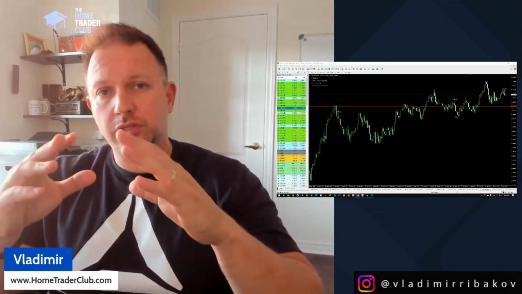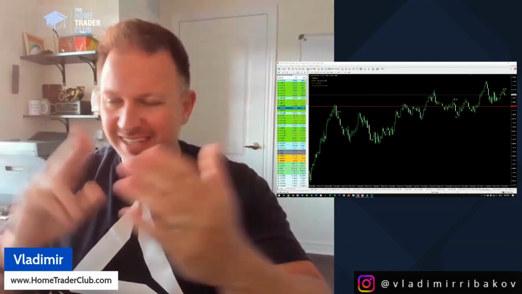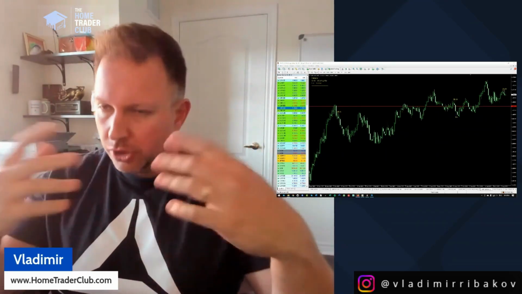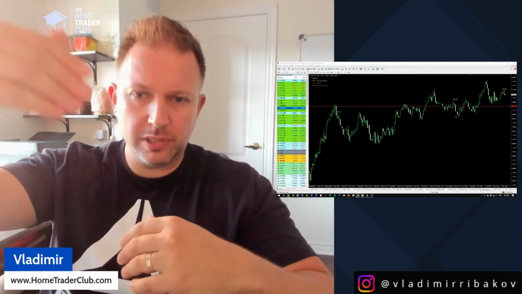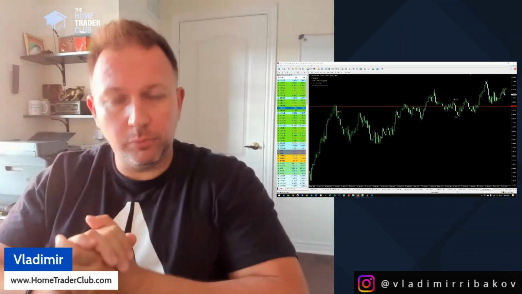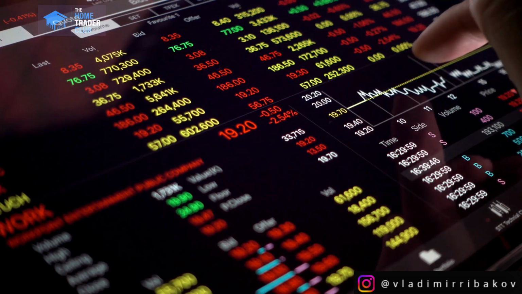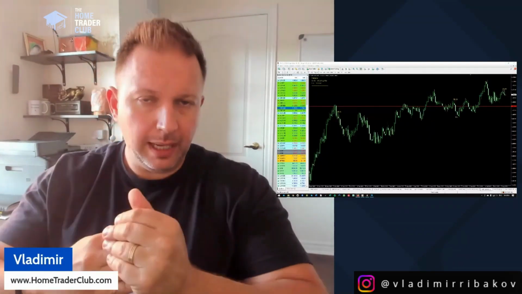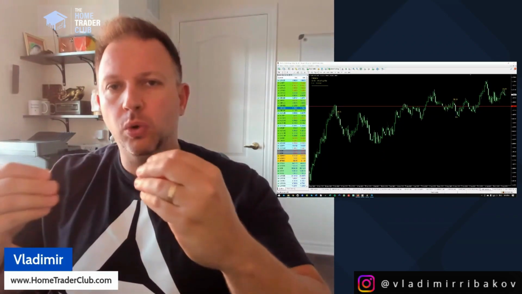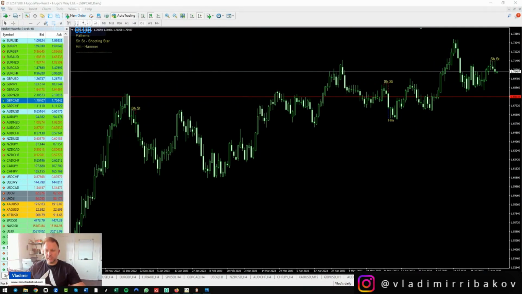So the very first candle pattern I want to talk about would be the hammer, the classical hammer, and the shooting star. Shooting star is a representation of the inverted hammer, which appears at the end of a bullish move. So let's take a look on the chart and see how that looks. What should you pay attention to when you scan for hammers and shooting stars, and what is my preferred strategy to use them? So as you can see on this very chart, drawn here for you, we got several